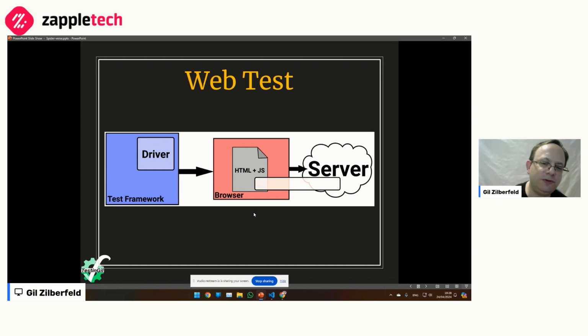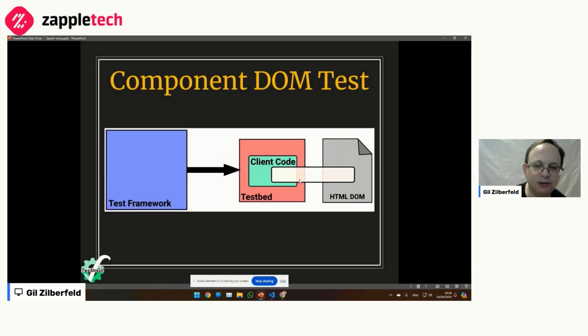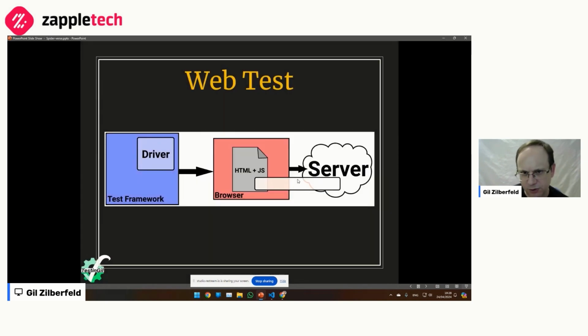It's also true for the component if it talks to other things, but if it doesn't, the whole world becomes the component, which becomes easier to test. So when we're talking about web tests, it could be a combination of options of all things that happen behind the server, but you need a whole application, a whole page to load. Otherwise, nothing will be loaded that you can operate on.